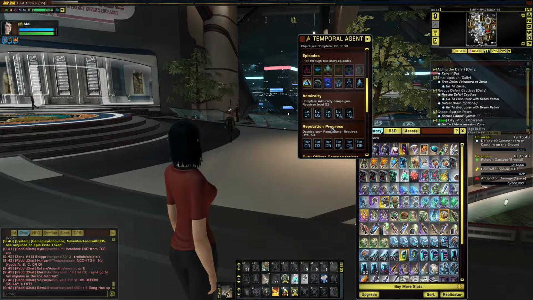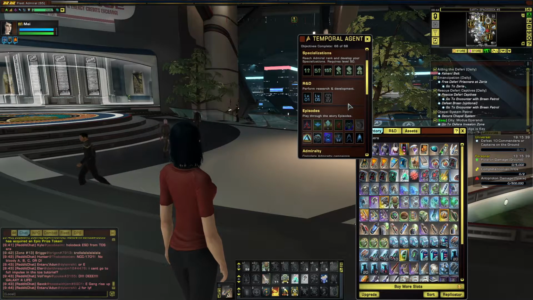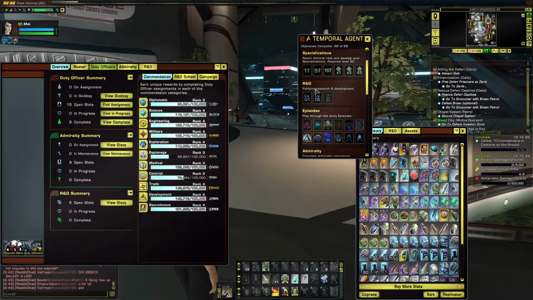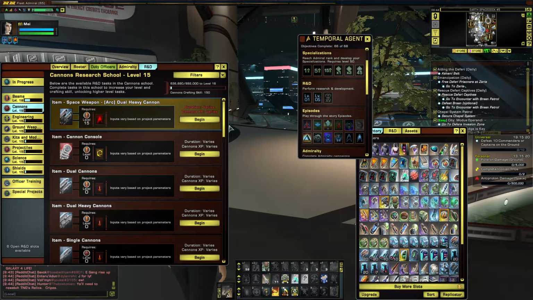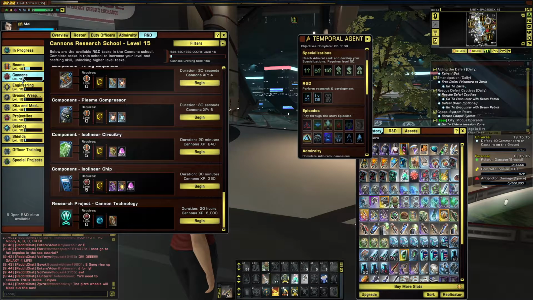Now, the episodes. Sorry. Now, back to R&D. R&D and duty officers themselves have got a similar thing. R&D is the crafting system, and I recommend that when you first get it, you pick a tree that you want to use and select research